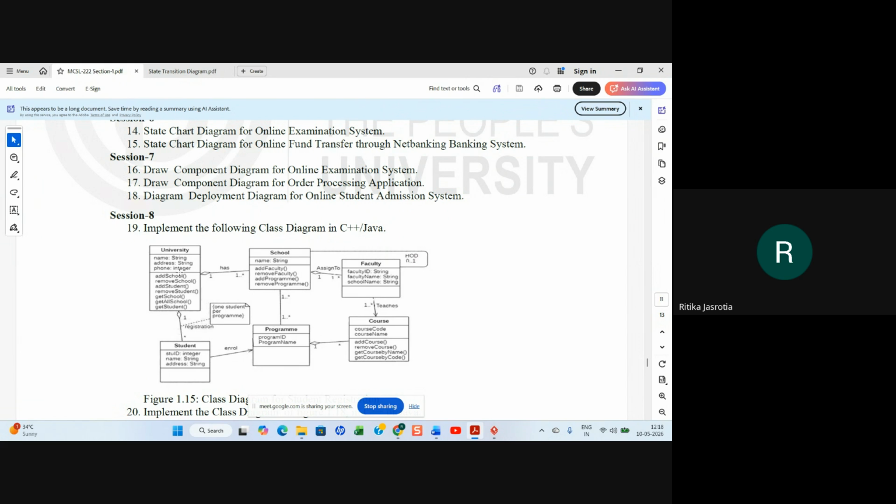Yes. So how will you make a C++ code out of it? You do not have to show everything, just a dummy code you have to create. Can you understand what I am saying? Yes, ma'am. First, you will create a class university, then a class school, a class faculty. So you have written just the code for the classes. Okay. Now you have to connect them.